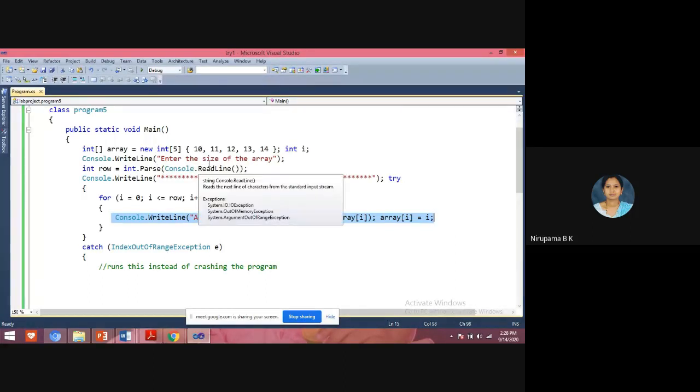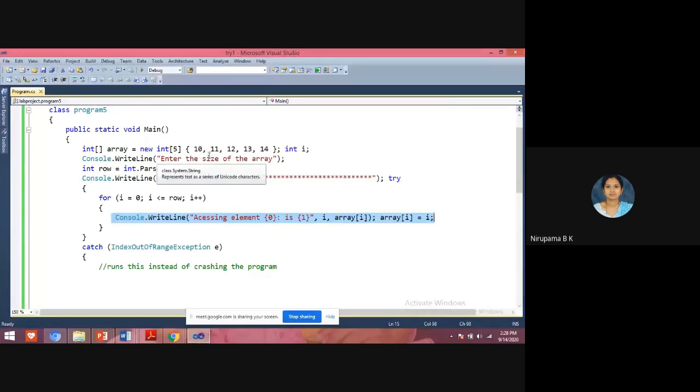If you give row value 2, then i is 0, 0 is less than or equal to 2, condition is true, it will display. Next, 1 is less than or equal to 2, condition is true, it will display the next value. Next i will be 2, so 2 is less than or equal to 2, condition is true, it will display the value.